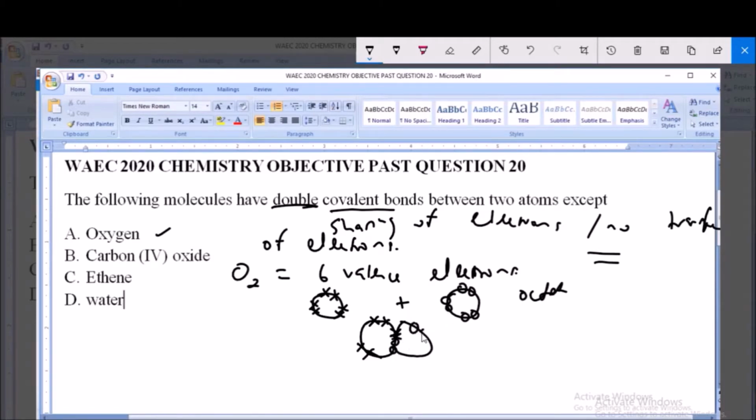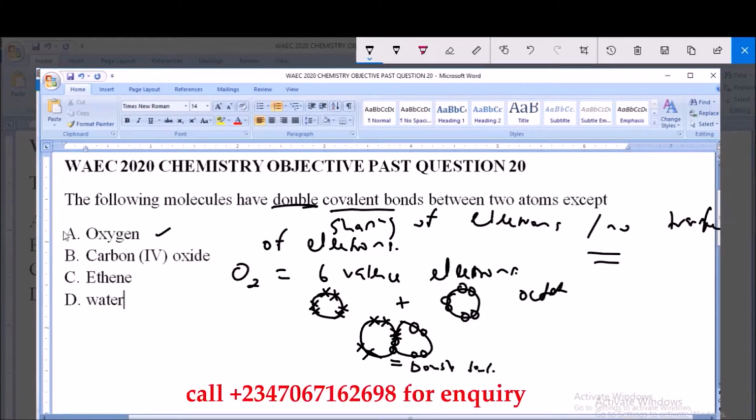So what you have here is a double bond, because this particular one is sharing 2 electrons with this, and this also is sharing 2 electrons with this other atom. So this possesses a double bond and cannot be the answer to this question, because we are asked which does not